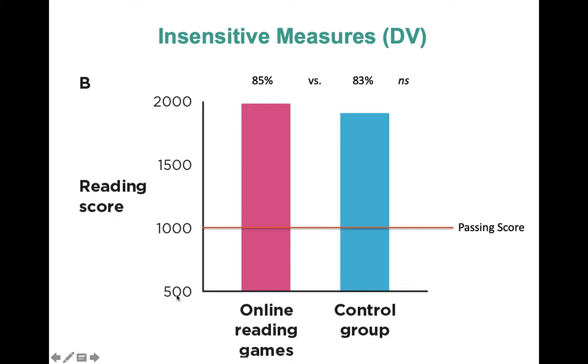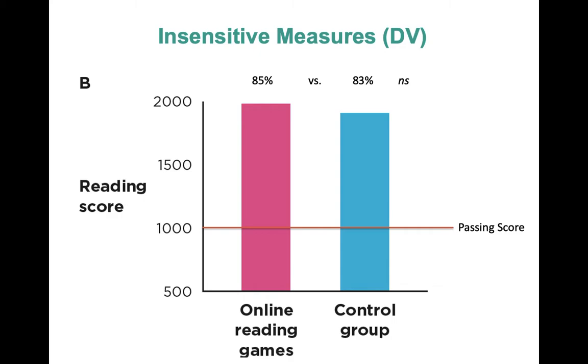This is making me doubt whether it's the GRE or the SAT or whatever it is, because these numbers don't really correspond to either one of those things. But let's just say we have a standardized test. And let's just say on the standardized test, a passing score that a college or university would look at in terms of acceptance into a school program or something like that would be 1,000. So if what the researchers did was operationalize